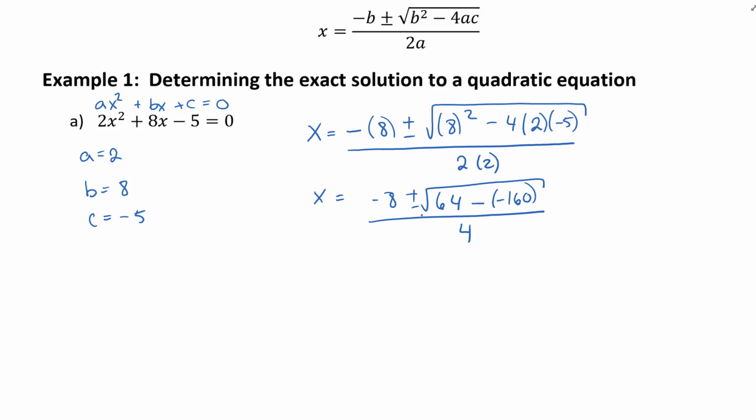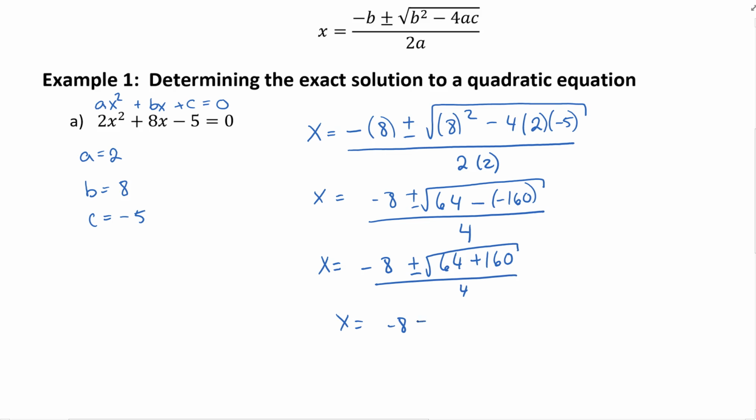So just be aware of what you're doing as you're substituting. Negative 8 plus or minus 64, that would be plus 160, those two negatives there, divided by 4. Negative 8 plus or minus 64 plus 160 is 224,